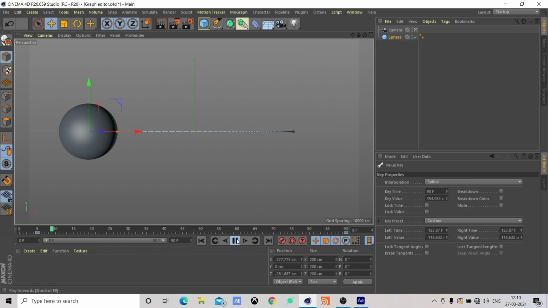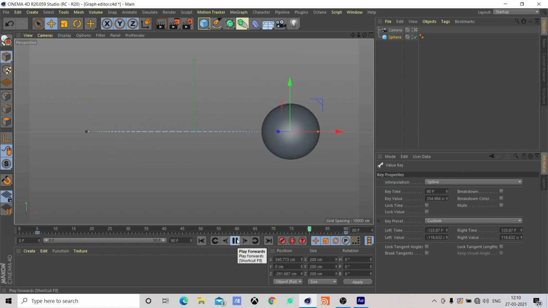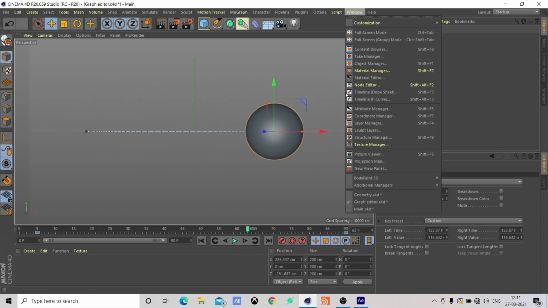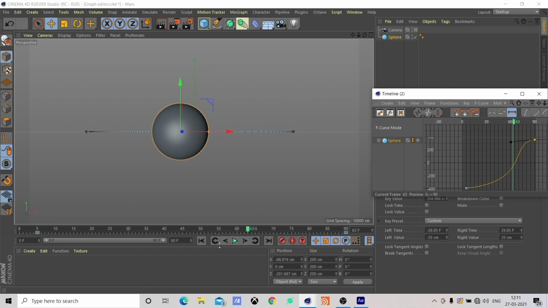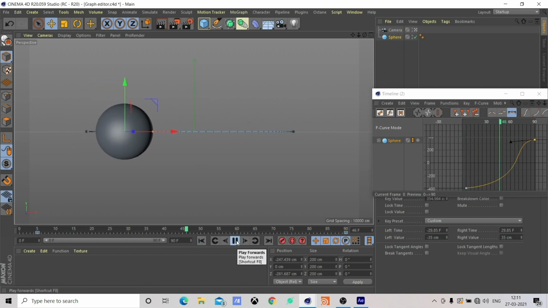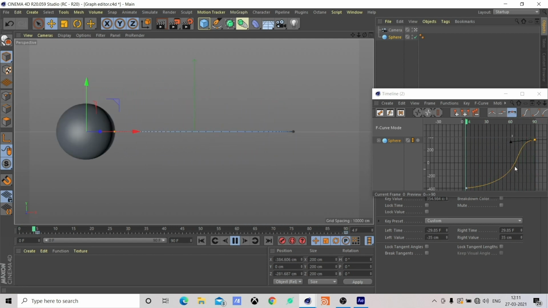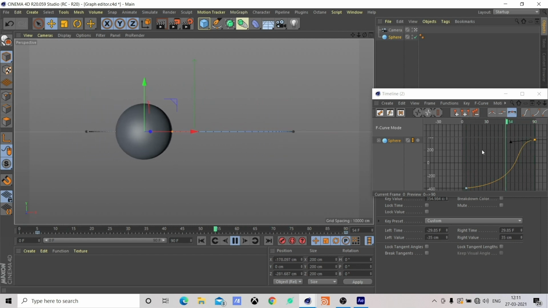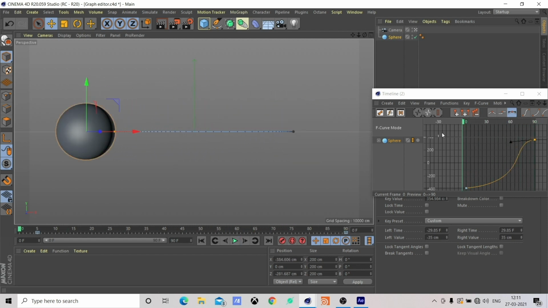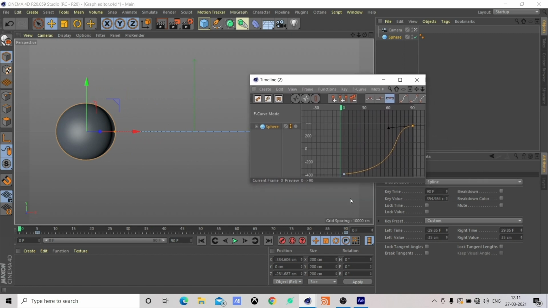Now if I play this, see, this looks a lot more interesting than the graph that we had earlier. And you can obviously play with the graphs, you can experiment with it. If you take this over here, the duration of it, like actually taking up speed, is a lot more compared to what we had earlier. So you can just play around with the graphs, see how changing graphs affects your animation. So you can, yeah, just play around with this.